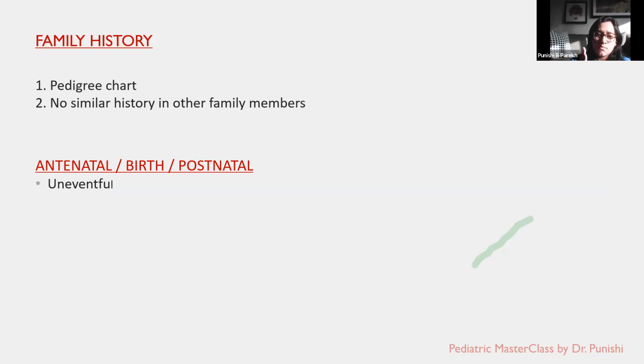In the antenatal, birth and postnatal history, there's nothing particular or specifically different to be asked in a case of nephrotic. Your set of questions on antenatal, first trimester, second trimester, third trimester, birth history, neonatal history are going to be just the same as any other case. That's the reason why I'm not stressing it here, because we've discussed it previously and there's nothing that needs to be emphasized in this case. So that's the reason why I've said uneventful. But when you take a history of nephrotic, these questions, like any other case, have to be asked